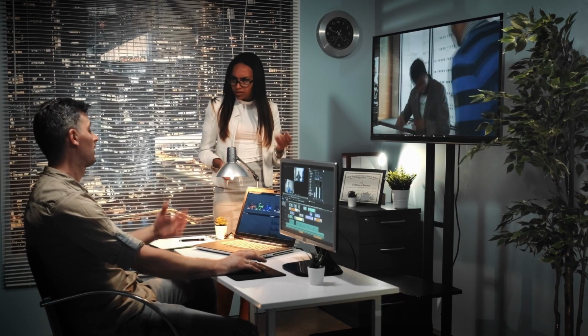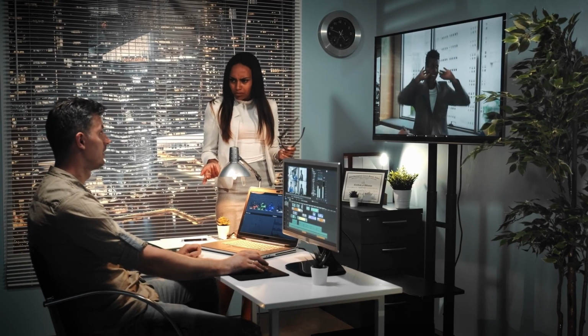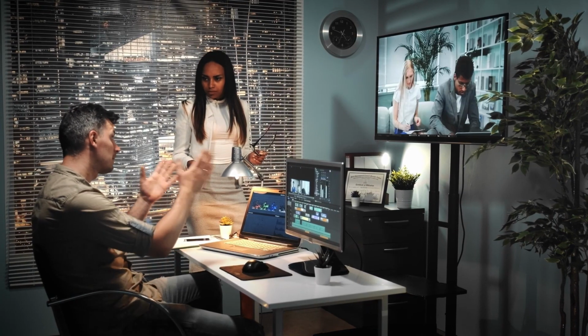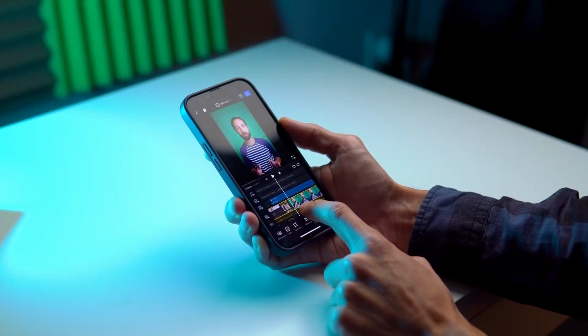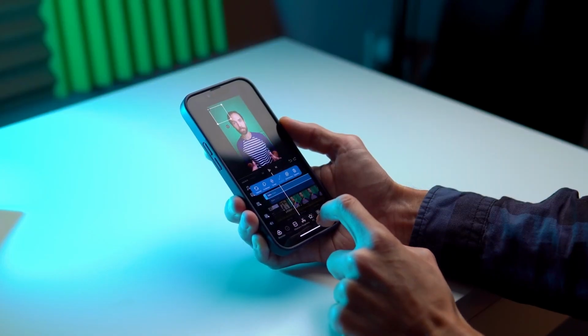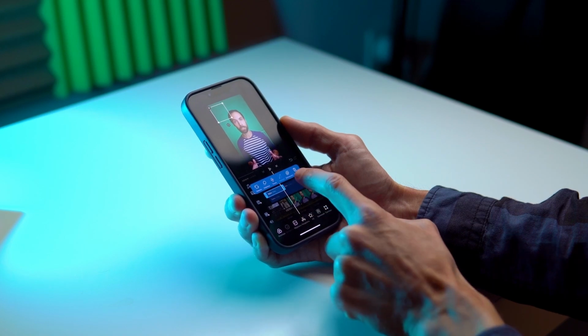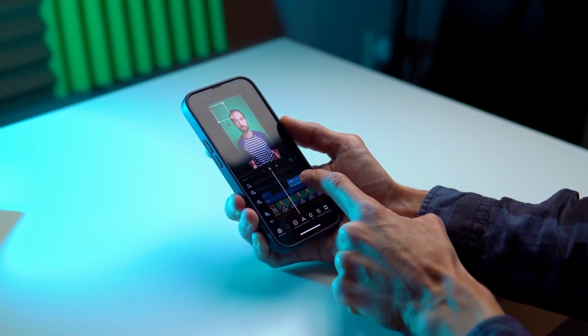So do you want to repurpose your long-form content into shorts in an instant? Or maybe you want to create some weird abstract creative videos from scratch? Well, that's already possible with AI video tools that are currently out there. There are so many AI image generators, and the next question we need to ask ourselves is, where's the video